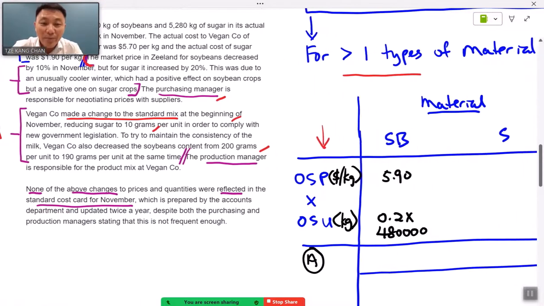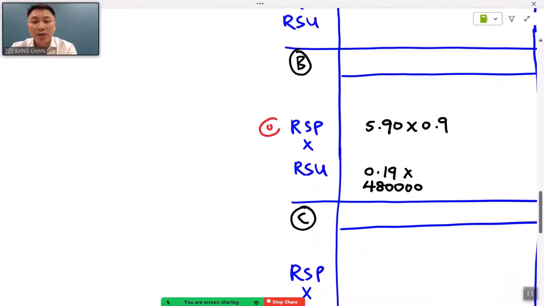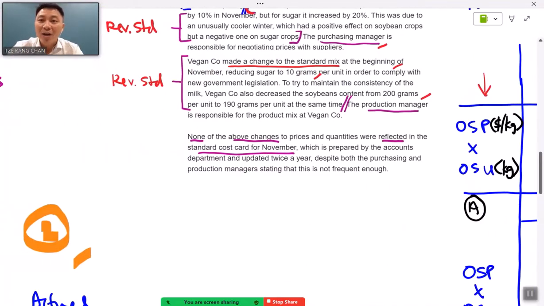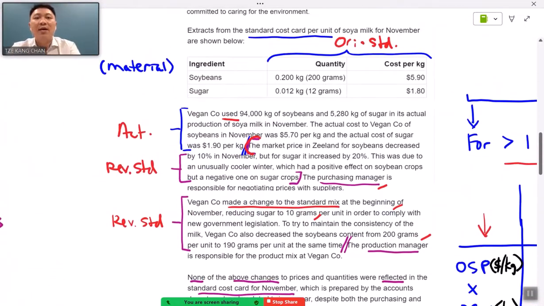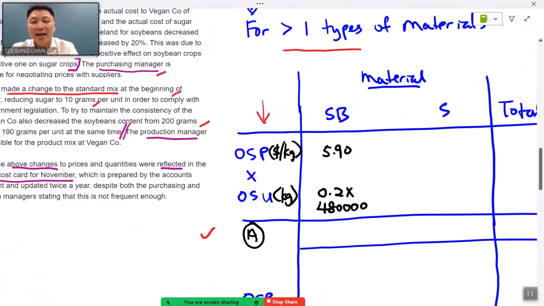These will again be used to derive the third item, which especially shows and reflects the right number for the revised standard usage. Guys, by extracting all the numbers, original standard, actual, and revised standard, that's how we will be able to derive the value of A,